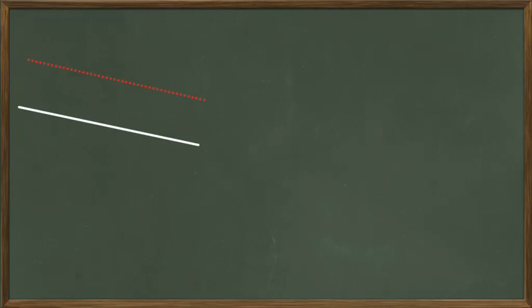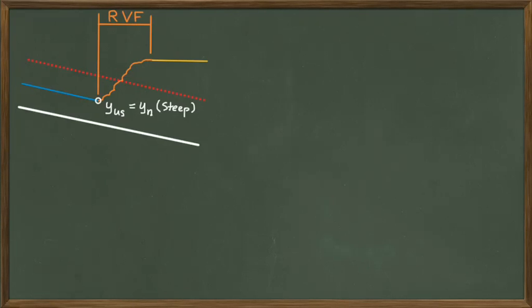To nail down the basics of analyzing a rapidly varied flow section, let's first consider the scenario where a hydraulic jump occurs in a steep channel. In this situation, the upstream flow depth is known and the downstream flow depth is unknown. To calculate the downstream conjugate depth of the jump, we use this formula.